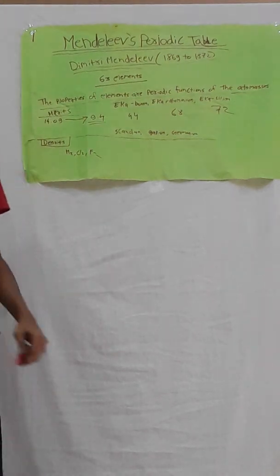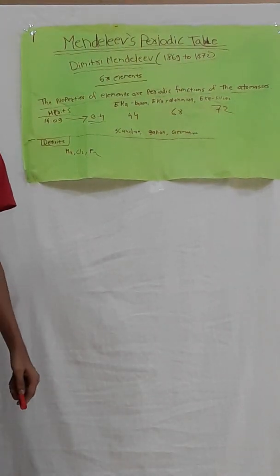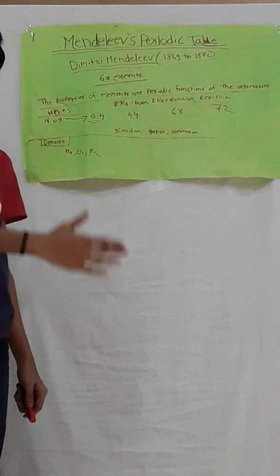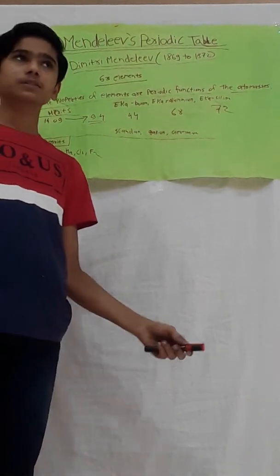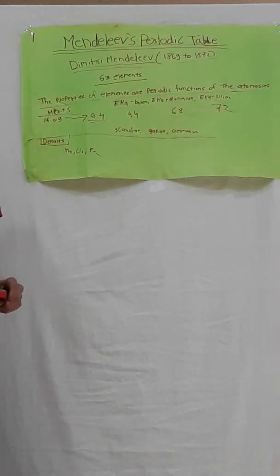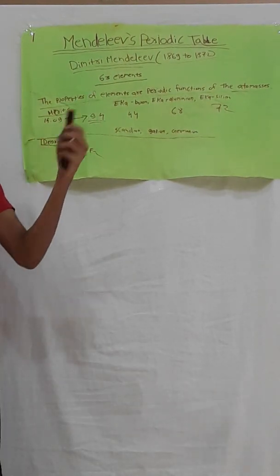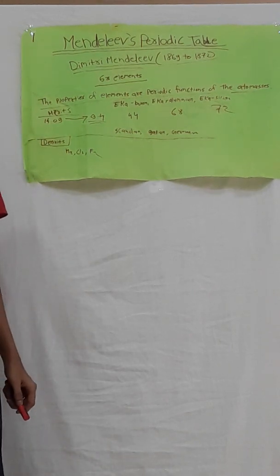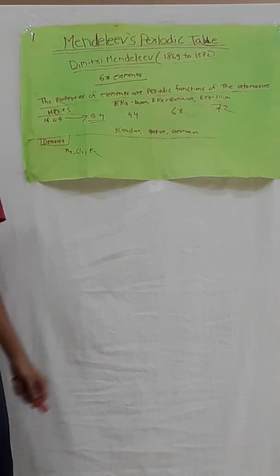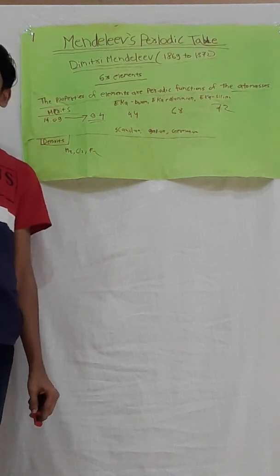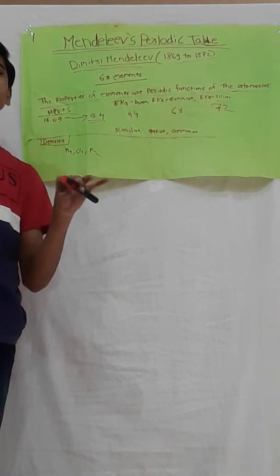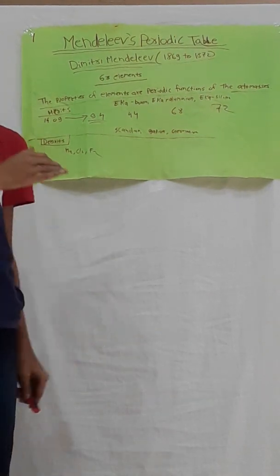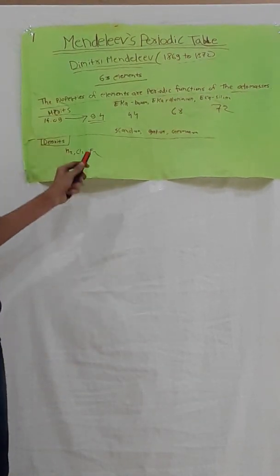Demerits of the Mendeleev periodic table. The atomic mass of the elements cobalt and nickel was the same, 59. Therefore, there was doubt regarding their sequence in Mendeleev's periodic table. Isotopes were discovered a very long time after Mendeleev's periodic table. Isotopes have the same atomic numbers but different atomic masses. There was a challenge in placing isotopes in Mendeleev's periodic table.